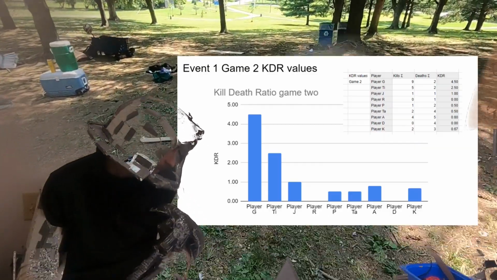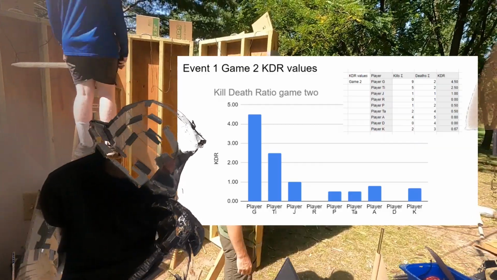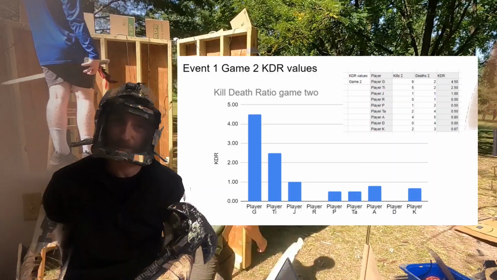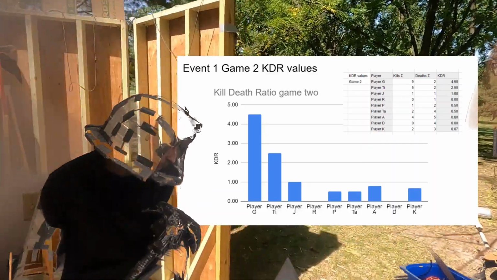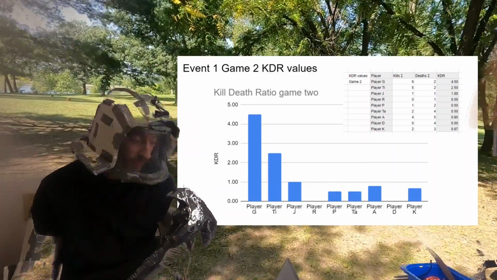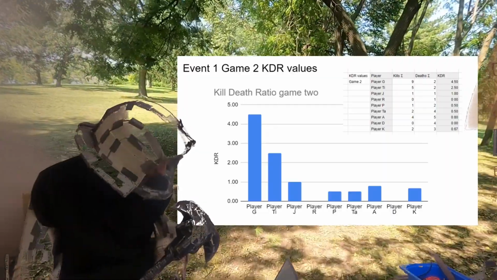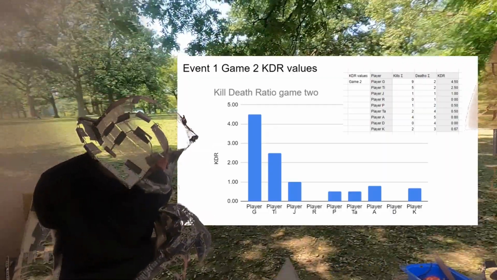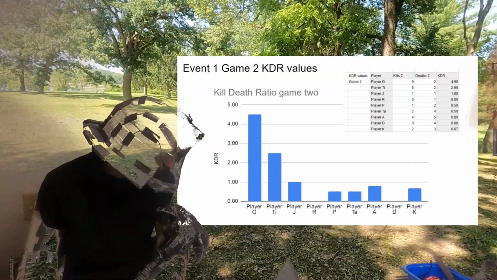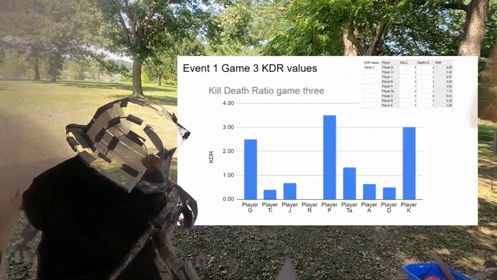And the other one, which I would like to mention, is player A, of course. Again, extremely active with 4 kills, but 5 deaths. So his KDR is not terribly impressive at 0.8. But he was just so active. Still a very impressive fighter, and did a whole lot for this game.